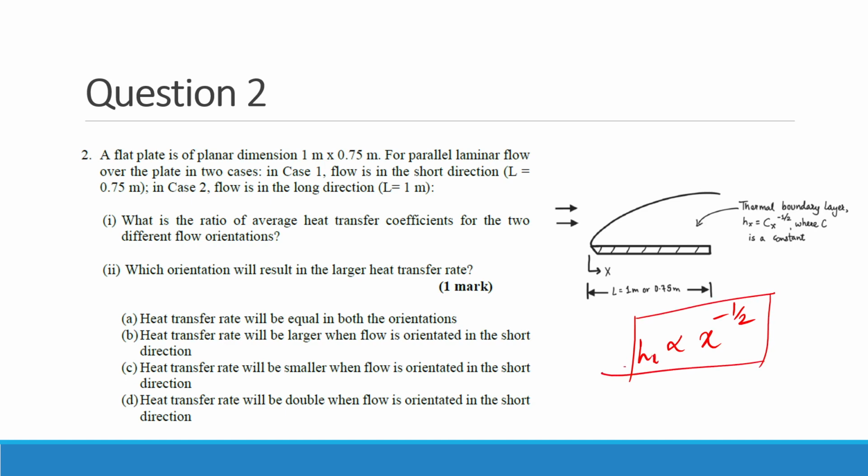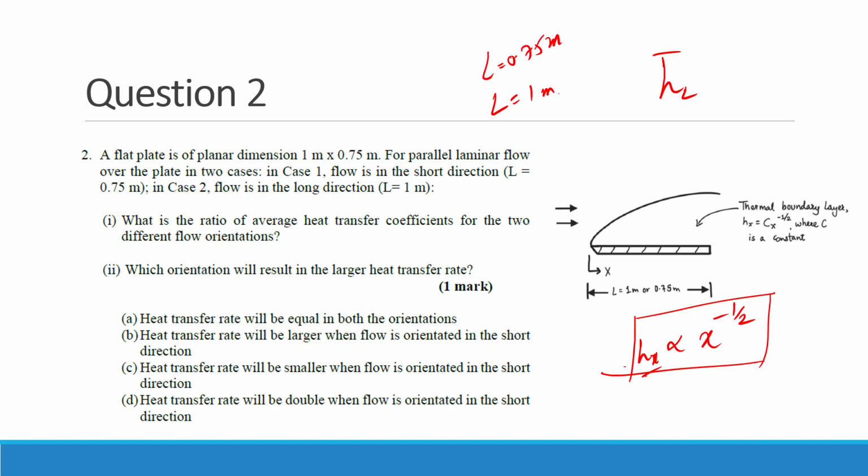So this is a local heat transfer coefficient Hx, and in the question we have been asked to find the correlation between the average heat transfer coefficient for different scenarios, whereby in the first case the length is 0.75 meter and in the second case the length is 1 meter. So what you need to do in this question is, in order to find the average heat transfer coefficient over the entire length or over the entire plate, you just need to integrate this local heat transfer coefficient